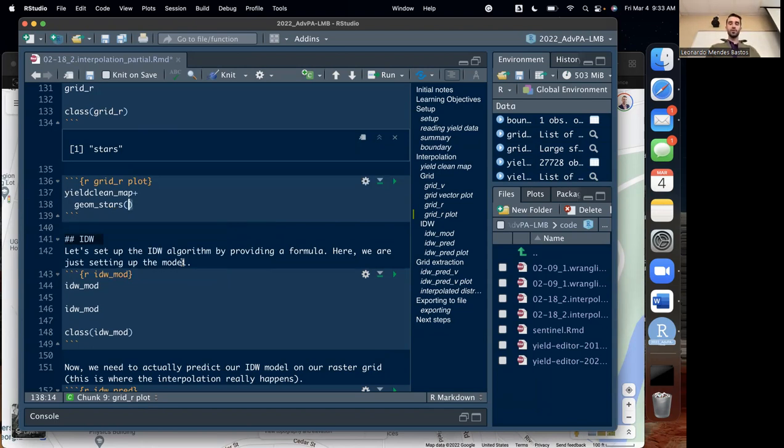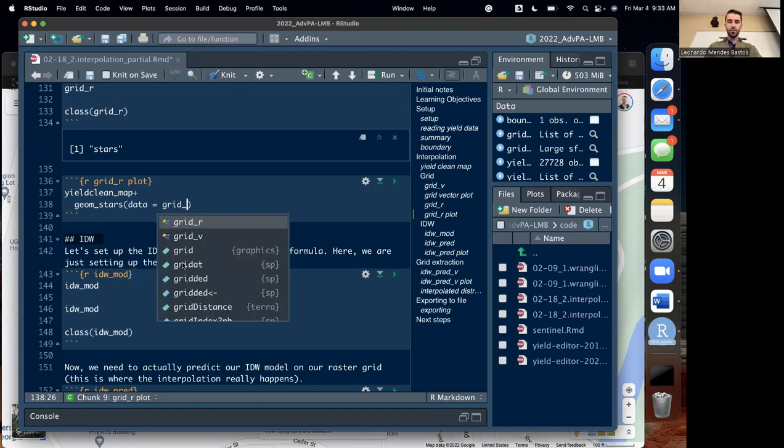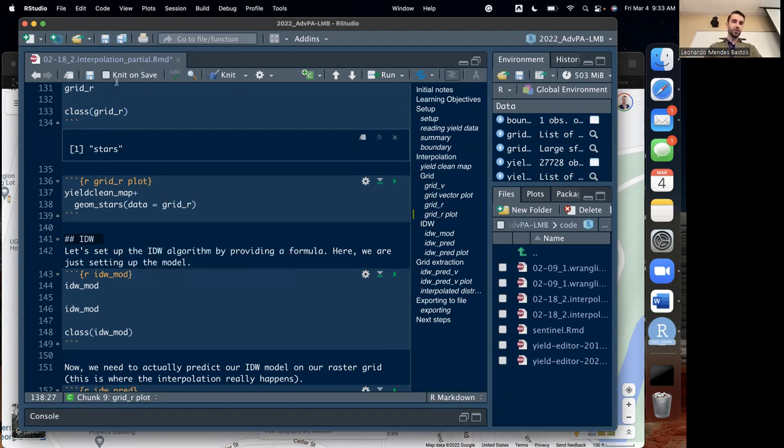Now we're using geom_stars because it is a raster file being created through the stars package. So we're just going to say data equals grid_r, which is what we just created above, transform that vector to raster, add a comma, and I just want to say alpha equals 0.7, just so we give it some transparency so we can see through it what's behind that layer. So if you run it,